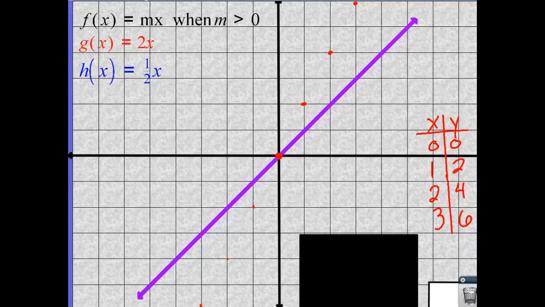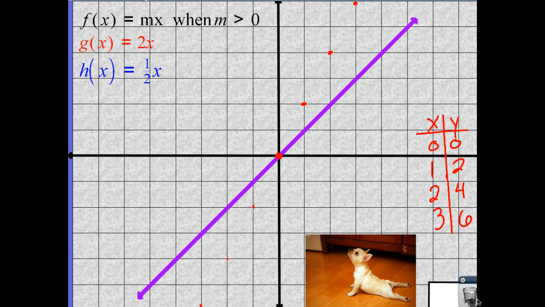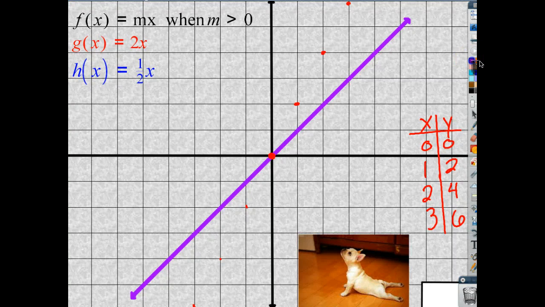So I have a little picture here for you that might help you. Okay, so the little puppy dog down there appears to be really stretching up towards the ceiling, and when you take this red line, let me get this red line here for you, it also is stretching up towards the ceiling. All right, so that's what happens when your slope is greater than 0,